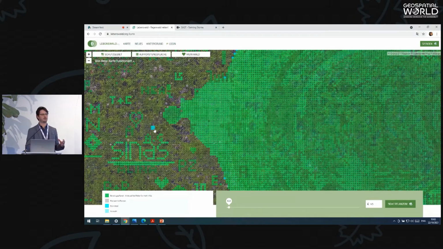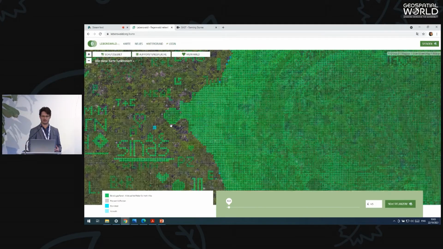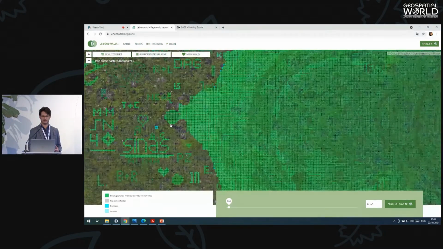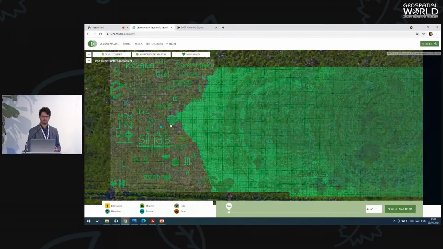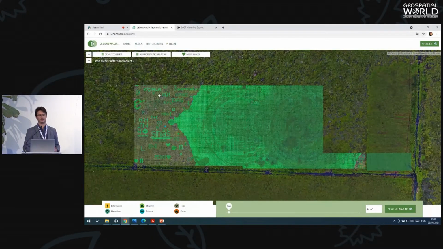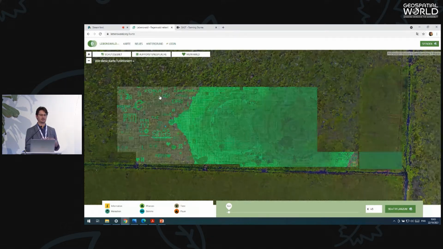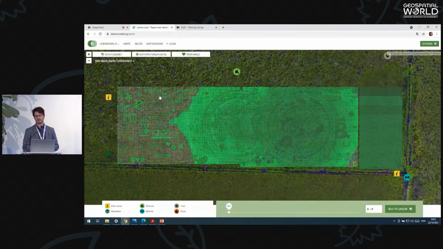So with this type of portal, we can update the drone footage, we can update lots of news stories. There's a lot of geospatial storytelling going on in the background of this platform as well. And so we can get users to revisit the site, continue to donate, and promote it to further users.